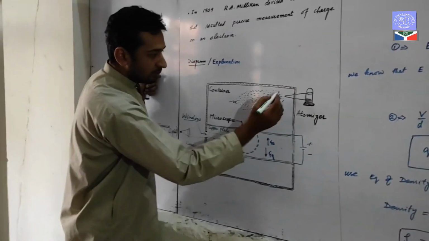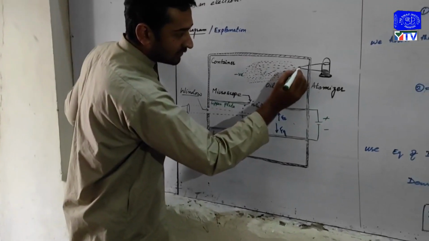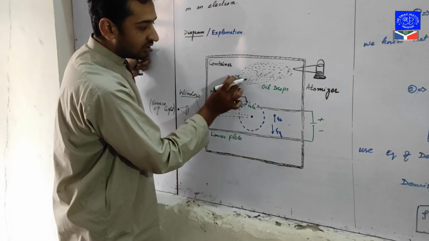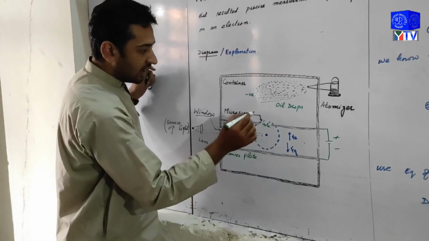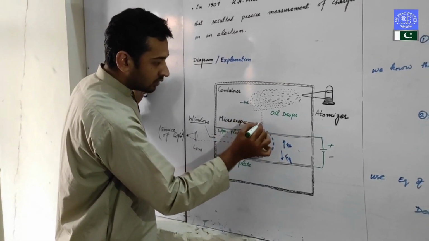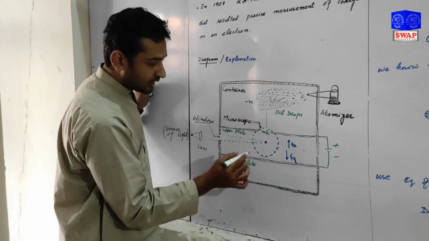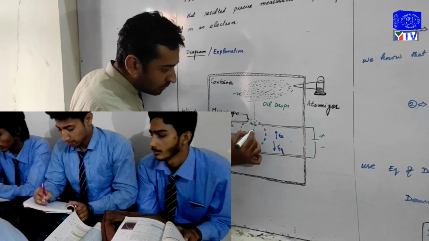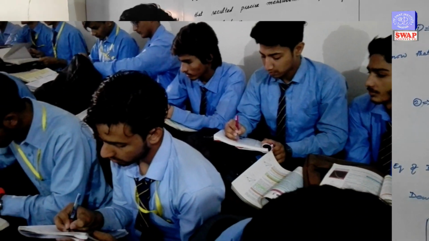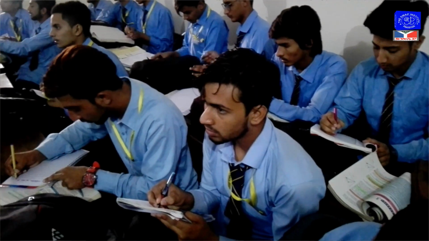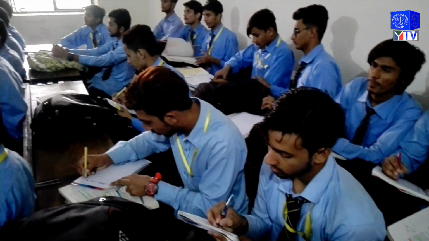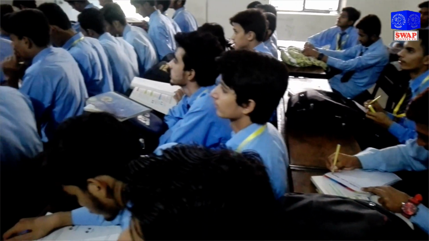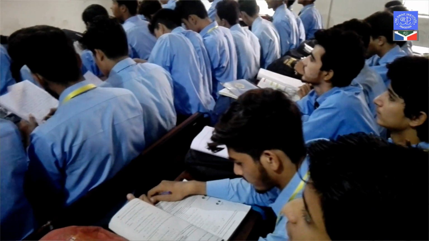Due to friction with the walls of the atomizer, the droplets will be charged, negatively charged oil droplets. As these droplets move downward due to gravity, and one droplet is inside of the container, we will close this hole, and only one droplet will be under consideration.